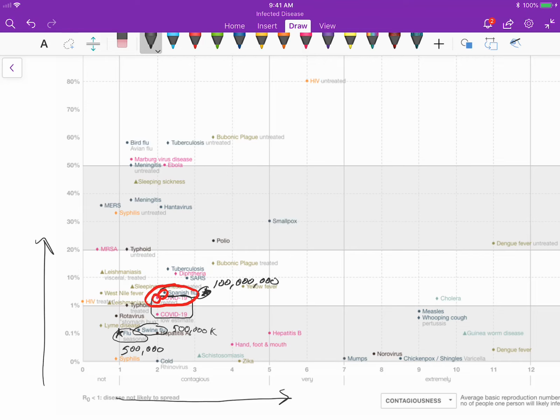It is transmitted very similarly to the flu. It infects like the flu. And so you can sort of draw similar conclusions about the potential of this, right? If in fact the virus is more contagious and more deadly than swine flu, and swine flu is responsible for 500,000 deaths, then one would logically conclude that the coronavirus will ultimately end up somewhere between this 100